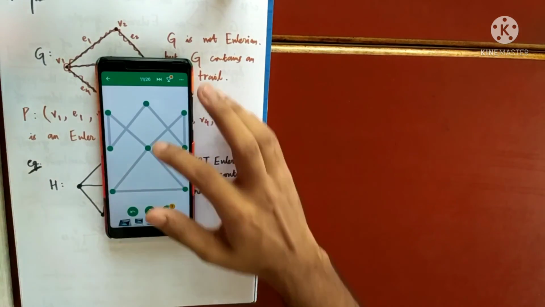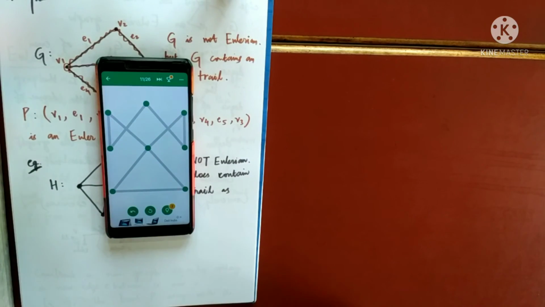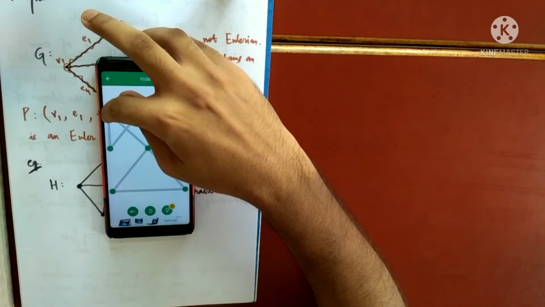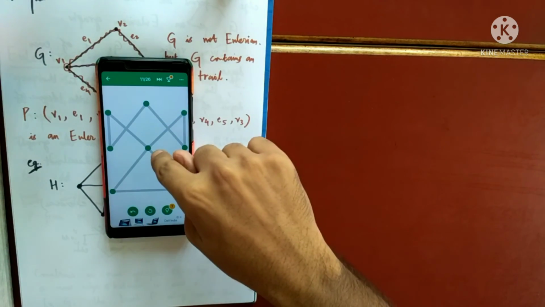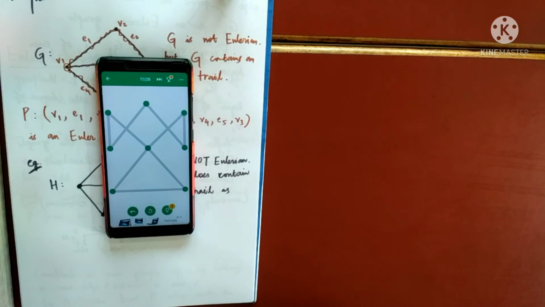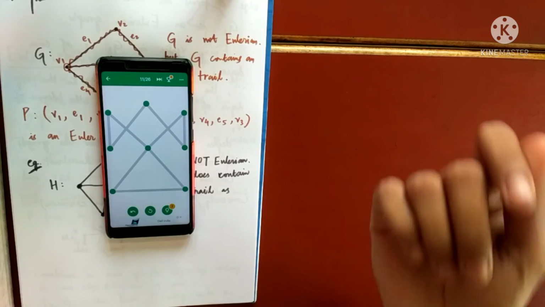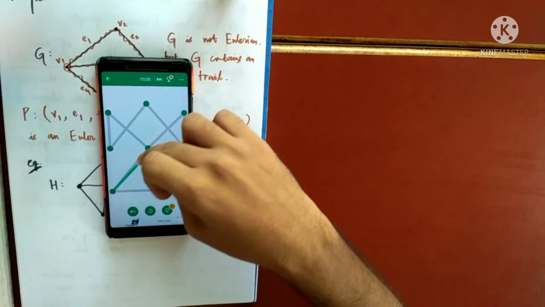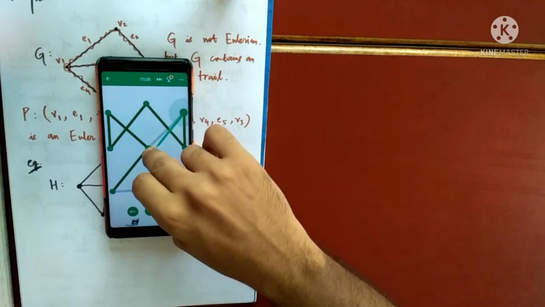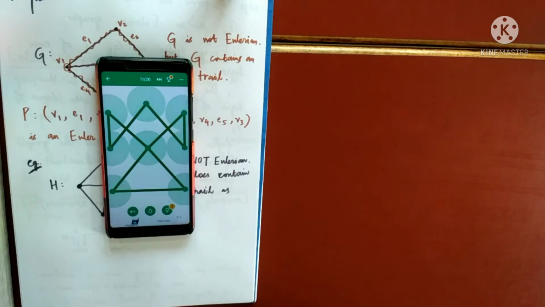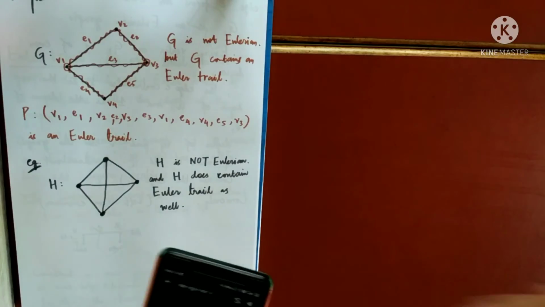So look at the next graph that they have given you, and let's see whether it is possible to draw an Euler trail or Euler circuit. So degree 2, degree 2, degree 2, degree 2, degree 2, degree 4, degree 2, degree 2. Again, this is an Eulerian graph. So again, let me start with any vertex. Suppose I'm starting from here. Let me cover this. I have ended here.